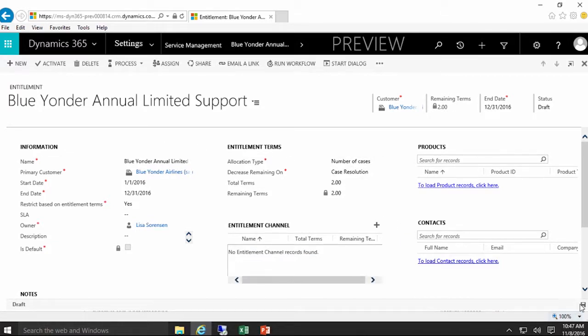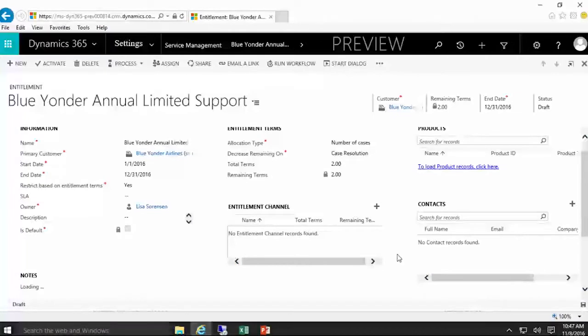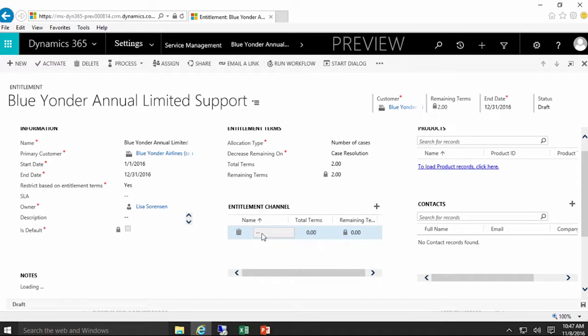Again, because it was saved, you'll see that under the entitlement channels, this is where I can now create them. So in going through and setting this up, let's say I want it to where they could either do it through phone, web, or email. So when I go in and click on the plus sign, you'll see that I actually have this subgrid in here. And within the subgrid, I can now choose how many terms I want to use. So let's say they could have total terms being 2 for phone,